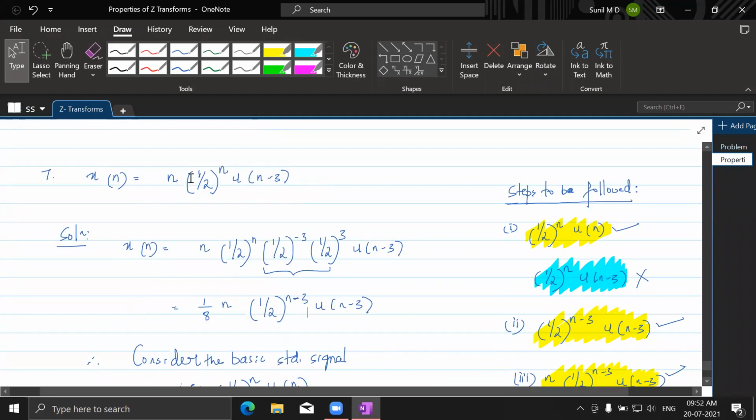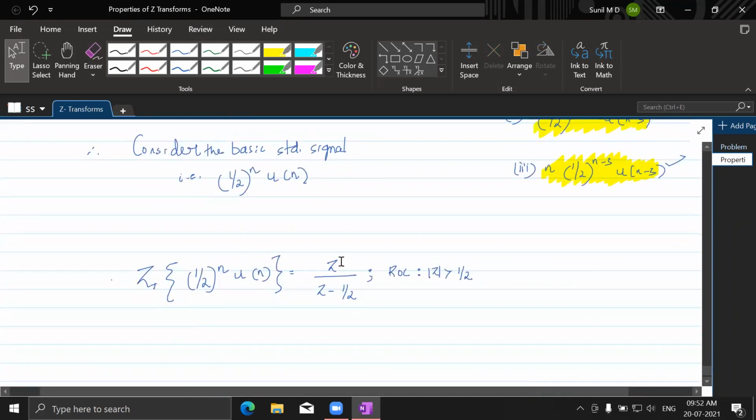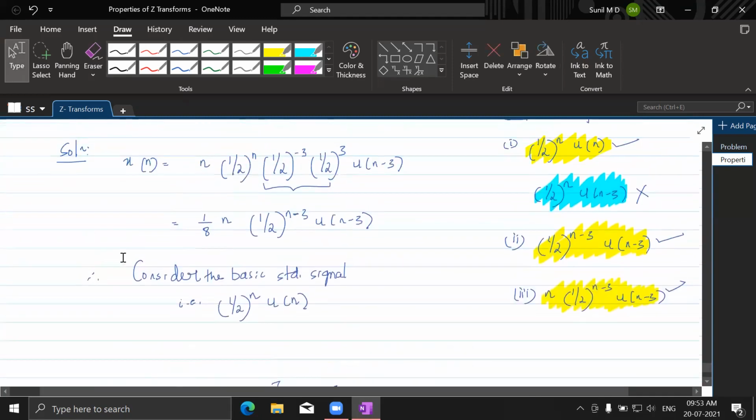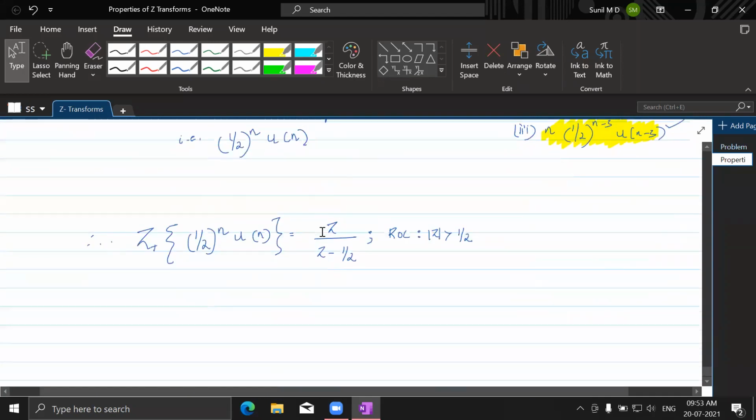Okay, how to do that? Keeping this expression will not change. This expression is the same, but we rearrange it in the way we want it to be. That is why it has become so. Fine, so now we have identified it, so let's go on with it. After this, what we need to do? We need to go with the shift property. So further, what is the Z transform of half power n minus 3, u of n minus 3?